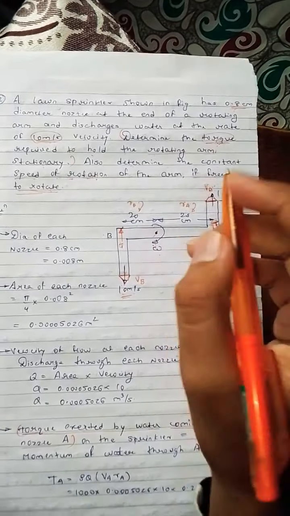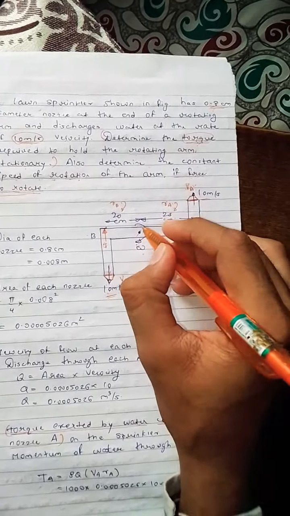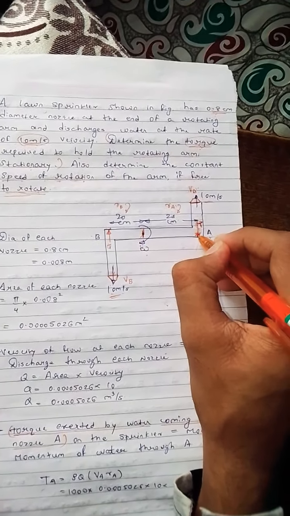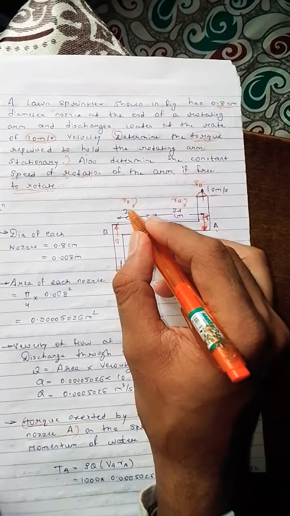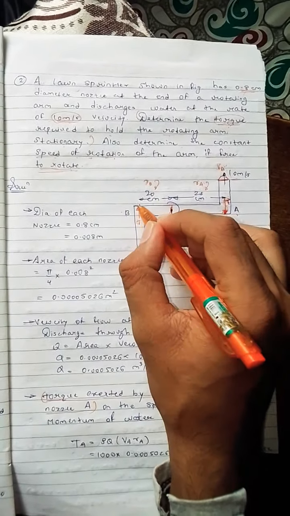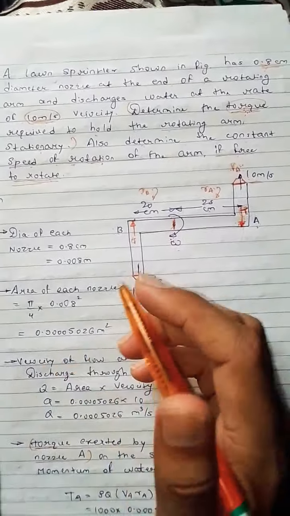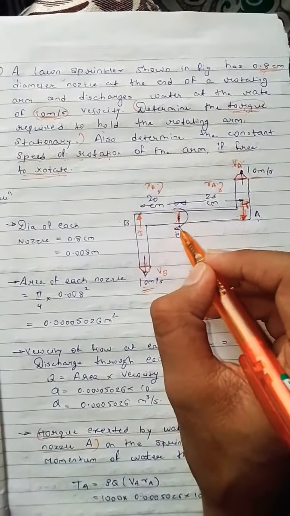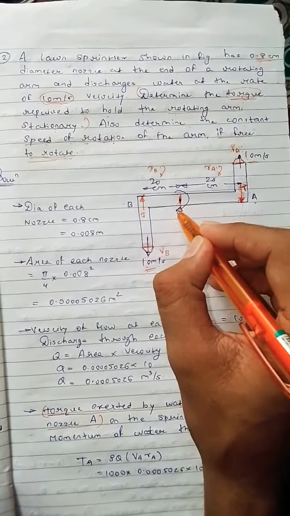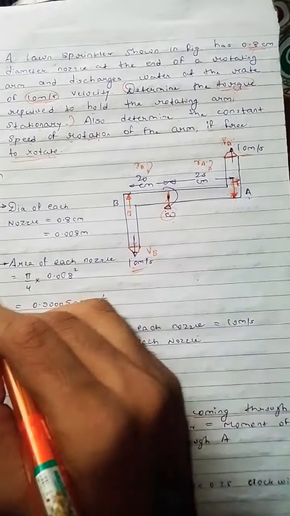One more thing, they have given the value of RA as 25 centimeter from center of tap to point A, and similarly the value of RB as 20 centimeter from center of tap to point B. And one more thing they have given in the diagram is the direction of omega, which means the direction of rotation. It is in clockwise direction.